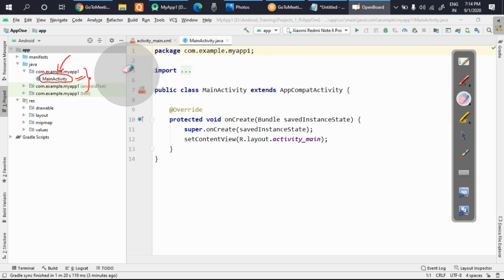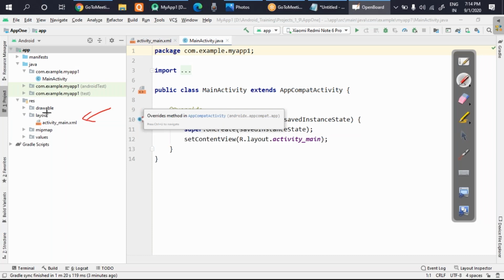Now let's understand where the front end file is. The front end file will be present inside the resource, and generally it is present inside the layout. Here is the place where you will find the front end file. For other parts, forget them for the time being, because my main concern is to make you understand where the backend file and the front end file are. So MainActivity.java is your backend file and activity_main.xml is your front end file. Keep that in mind.